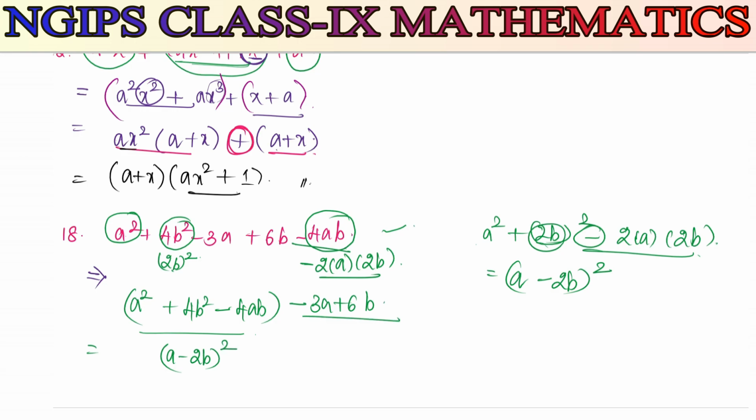So instead of this I can write here a minus 2b whole square. And see here I have a, it is positive, but here we have negative. So what we can do, I can take minus common, and as well as the numerical we have the common factor 3, and here it is 6. So I can take 3 common. When you take 3 common, the leftover here, we took minus common, so we have to change the sign. Minus will become plus, and here plus will become minus. I took 3 common, so the leftover here is 2.